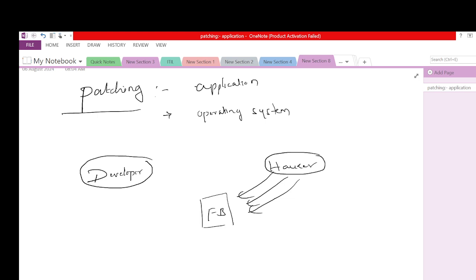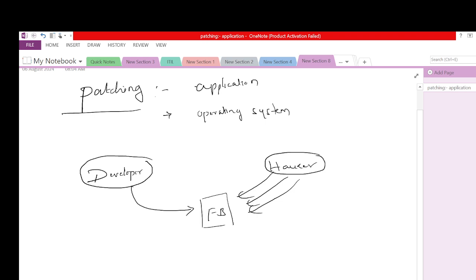Once the application is released by the developer, they will work on the next updates. Meantime, this hacker is also trying to penetrate, to come into the network, and parallelly the developer starts looking at the backside. The application is live now, is there any bug, is there any loophole that any hacker can get into?